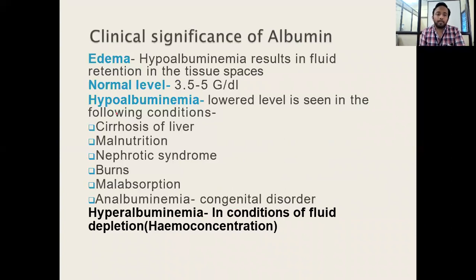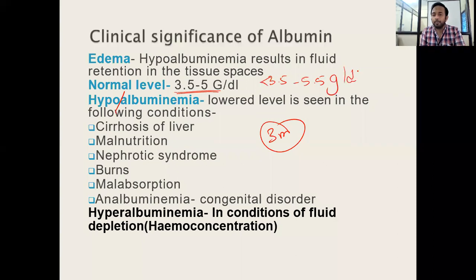Like, what will be asked in the exam? They'll ask you a 3-mark question: what are the causes for hypoalbuminemia? Means reduced albumin levels, that is less than 3.5 to 5.5 gram per deciliter. As I mentioned, the liver is the only source of albumin. So whenever there is damage to the liver, like cirrhosis, obviously there is a reduction in the levels of albumin in the blood. Malnutrition: if you don't take in the diet,